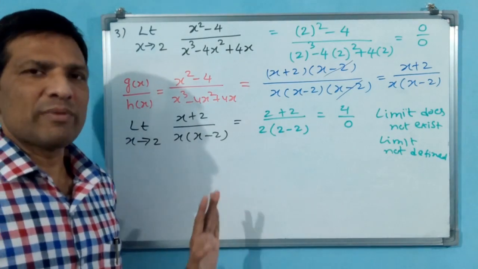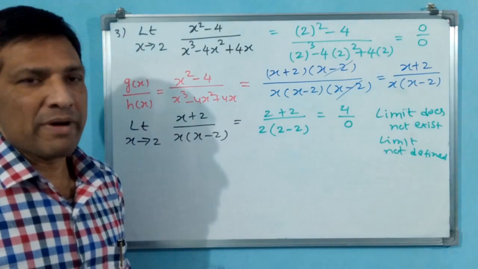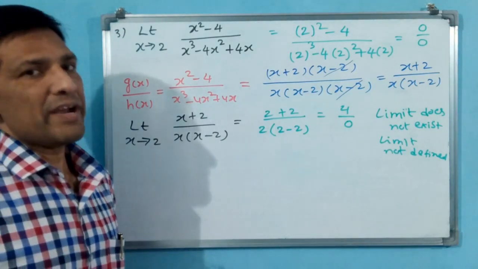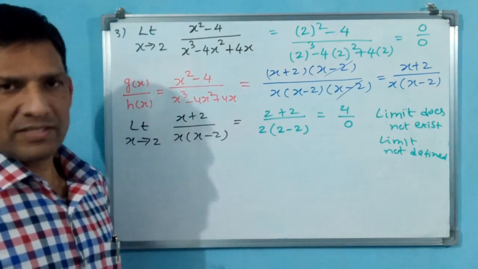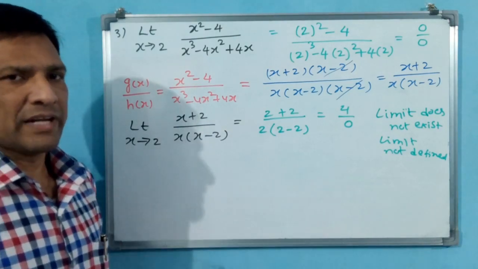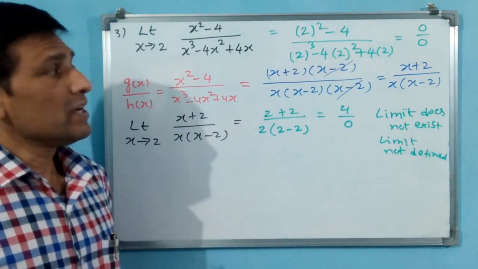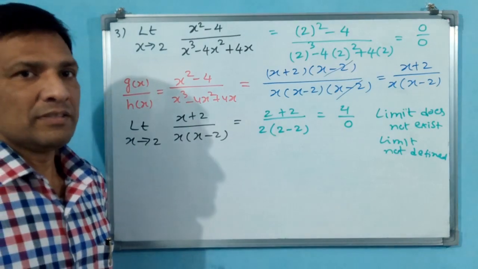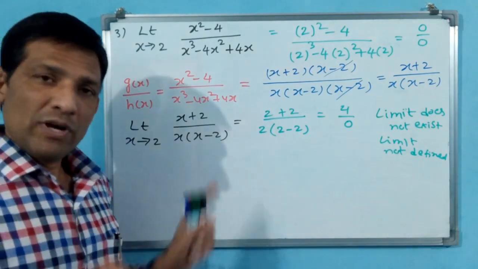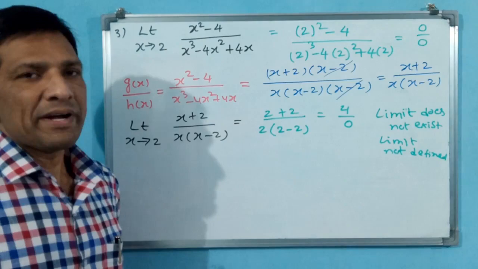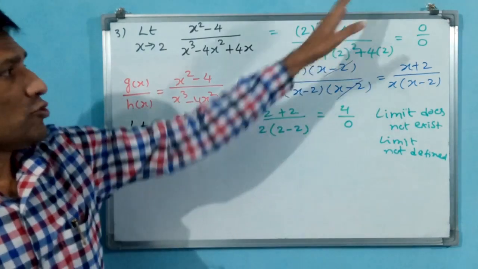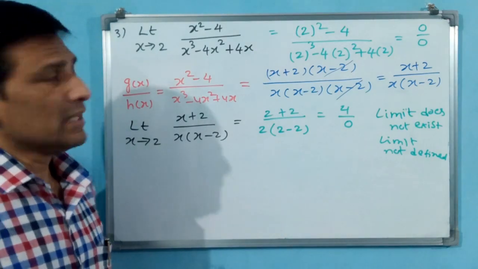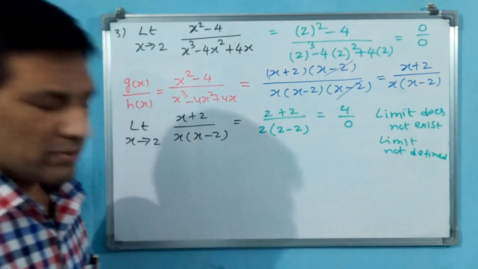Case 1 is the purely normal case. Either 0 or any value will come, but an infinity-like case will not come. This is like the infinity case. Undefined case. Not defined. Not exist. Does not exist. Like that you can write and close this question. Case 3 has become case 2. You understand now? One more example we will see, then we go for the important derivation. When 0 by 0 comes, what we have to do in some special cases, that also we will see. Let us go for another example.